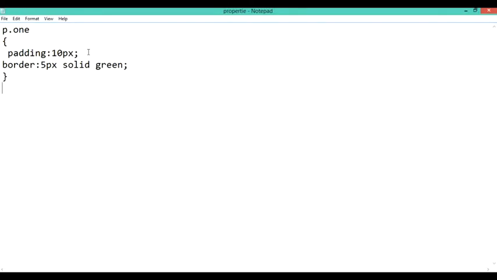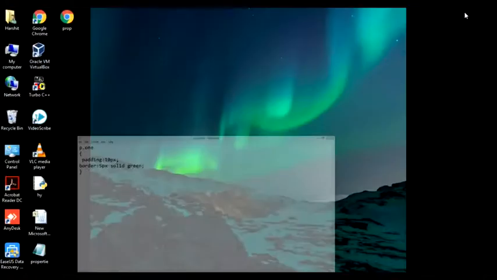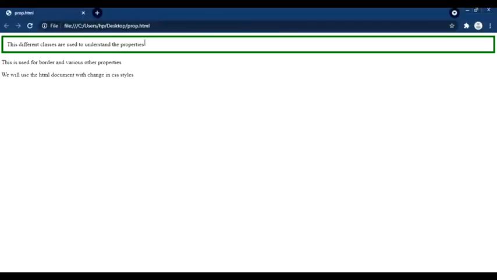So basically 5 pixel is the size, then solid is the style of the border, and the last thing that I've given over here is green, that is the color of the border. So whenever I execute this code, this is the text that is displayed to me, and the border is particularly according to that, and the amount of the content the border is showing to me